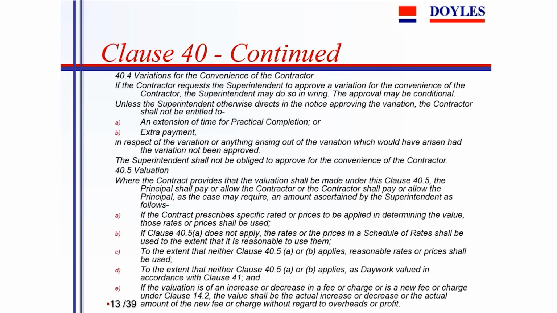So then you'll get variations for the convenience of the contractor. The contractor might say, well, it's more convenient for me to put a steel beam in than a concrete beam. And in that case, he can apply to the superintendent, who again will work through and see if that's an acceptable adjustment to the scope of works and adjustment to the price that comes with it. So if we go on further,